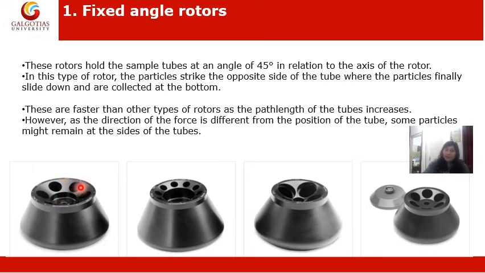What will happen? The particle which is at the top of the centrifuge tube will be near to the rotor axis and this will be the R minimum, whereas the particle that is at the bottom of the sample tube will be far from the axis of rotation and that will be the R maximum. Now you can correlate this R minimum, R and R maximum that you have calculated in the previous numerical. Okay, so these are the examples of fixed angle rotors. The bore holes may vary in number. The angle may slightly vary, not too much. So this is the fixed angle rotor.